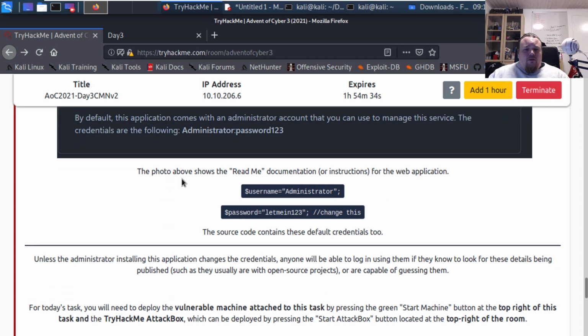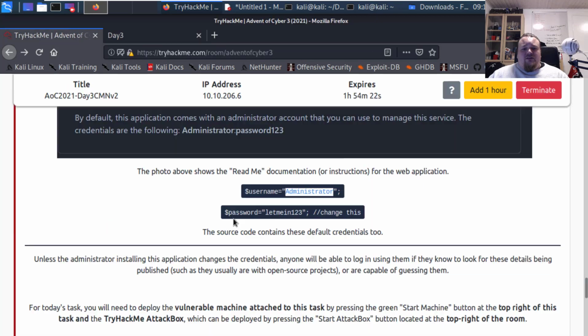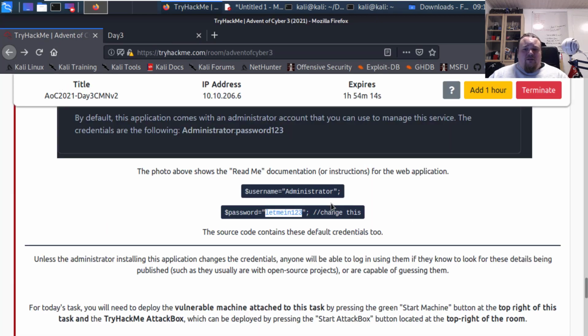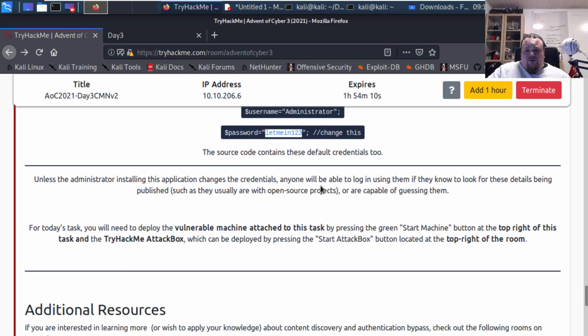So the photo above shows the README documentation instructions for the web application. Username administrator and password 123 let me in. Well, will that actually work if I put it into the application? No, because it will only take an email address, so that doesn't really work. Unless administrator installing, so